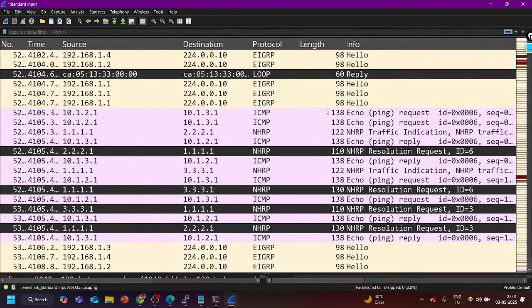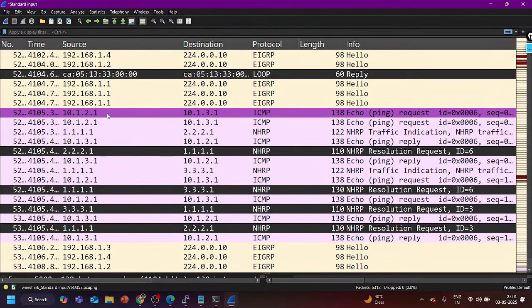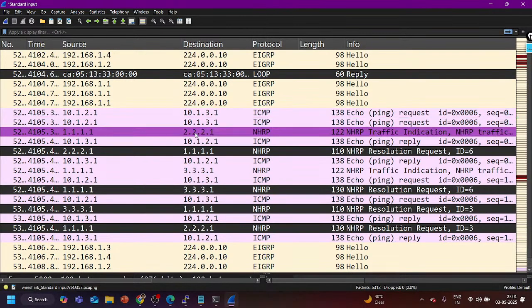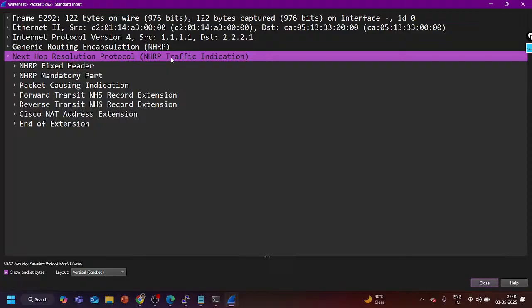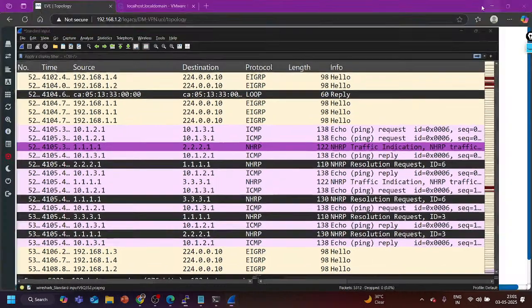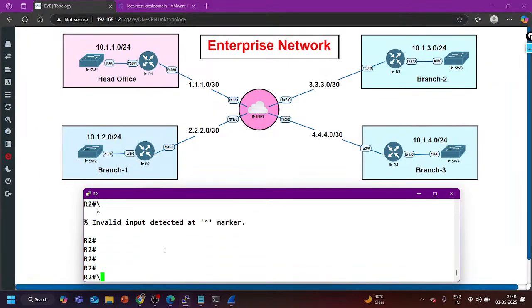You can see this is the first ICMP packet generated by the branch 1 router for branch 2, and here is one more message. Who is sending? The hub router, guys, right? Which message is it? It is the NHRP traffic indication message. What is happening here now? Now when you ping branch 2 from branch 1,